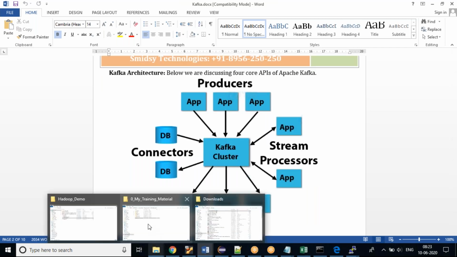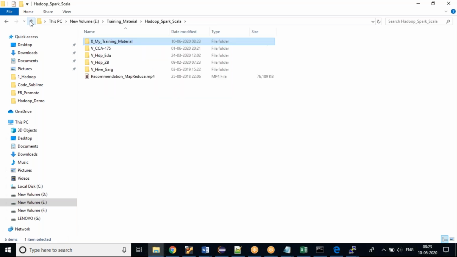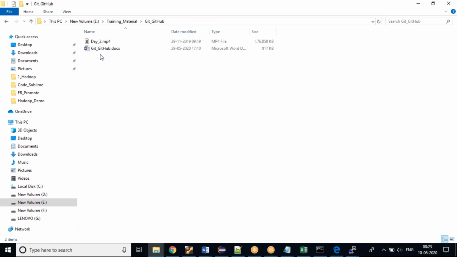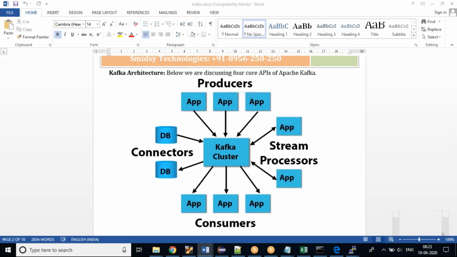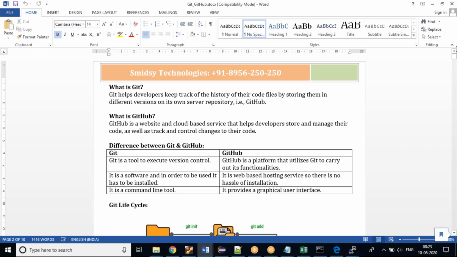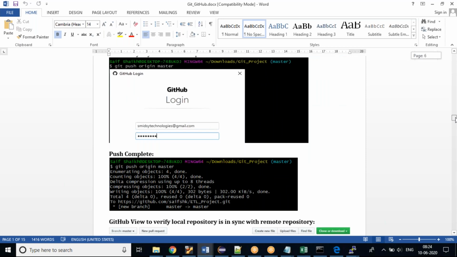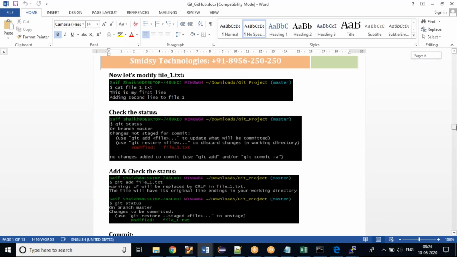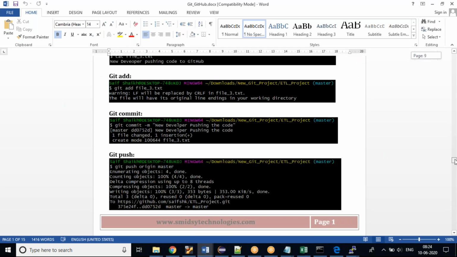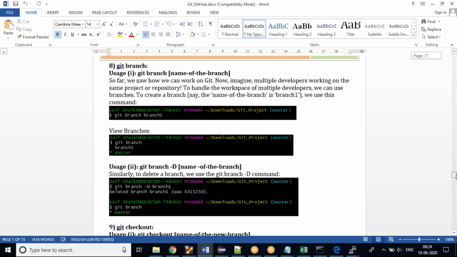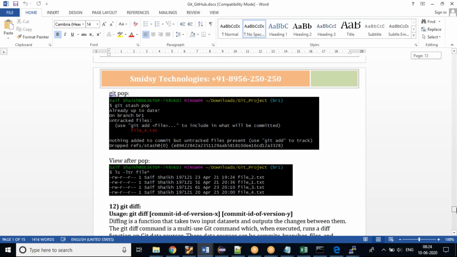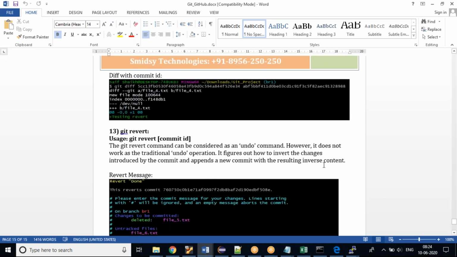And then we'll have GitHub also. We would be pushing the code to GitHub. What is GitHub, the differences between things, everything has been documented with screenshots. We'll be creating our account on GitHub, downloading the software, pushing the code to the cloud, cloning it, pulling it, doing a commit, conflict merge, rebase, stash, etc.